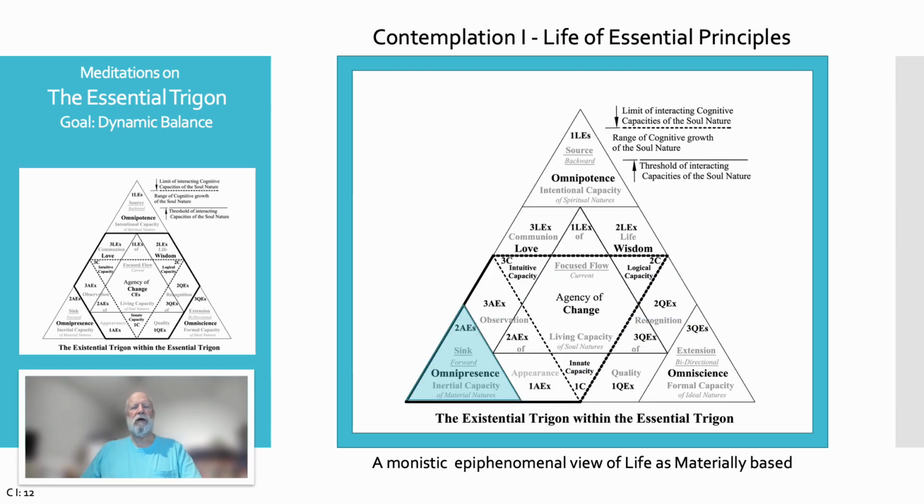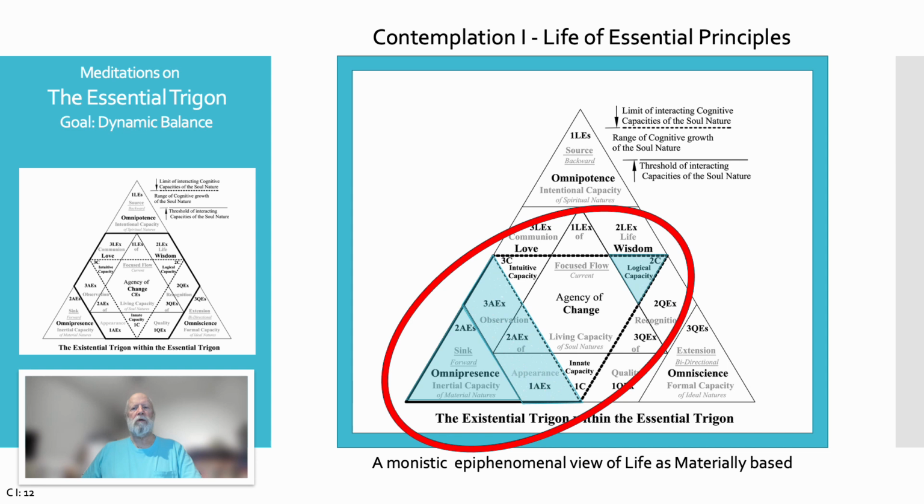The area inside this parallelogram represents a materialist perspective from a monist notion of all conscious forms and processes arising from the omnipresence of inertial properties. The highlighted inclusion of the three omni areas of the essential trigon does not mean that the perspective of any of the three related cognitive capacities of the soul grokks the fullness of that studied area of the field of awareness. It means the perspective of this slide extends the focus axiomatically to include the region 2AES, omnipresence,